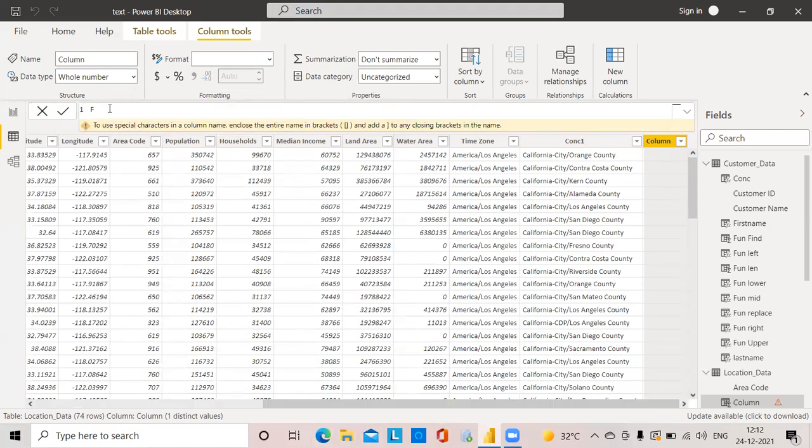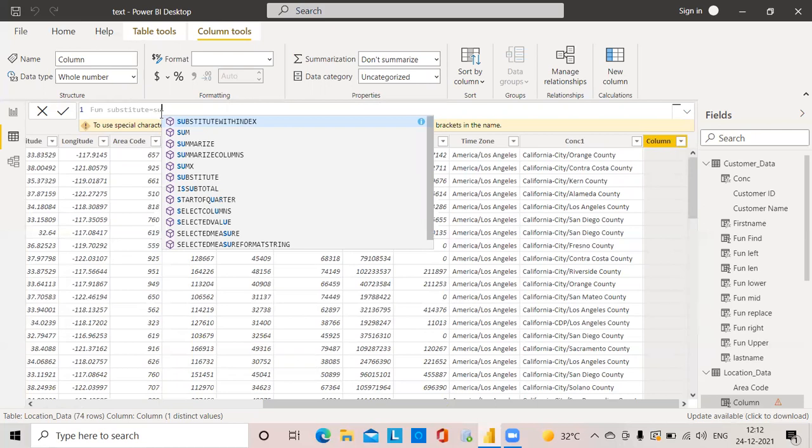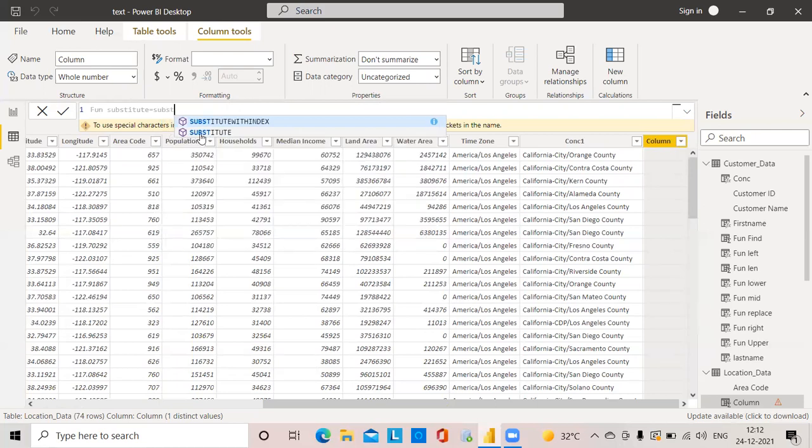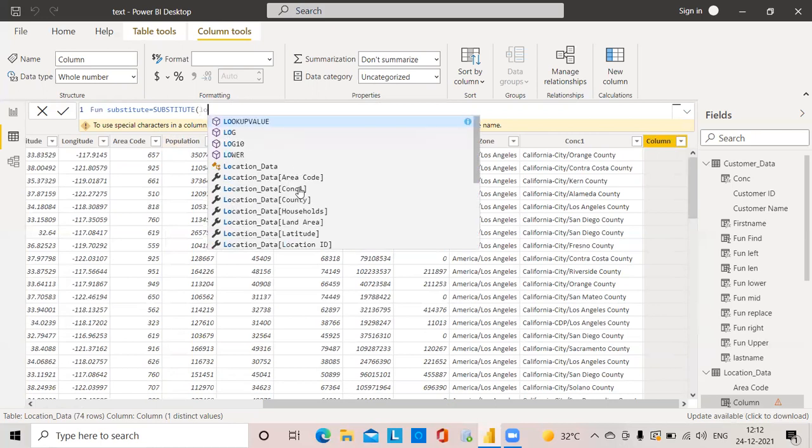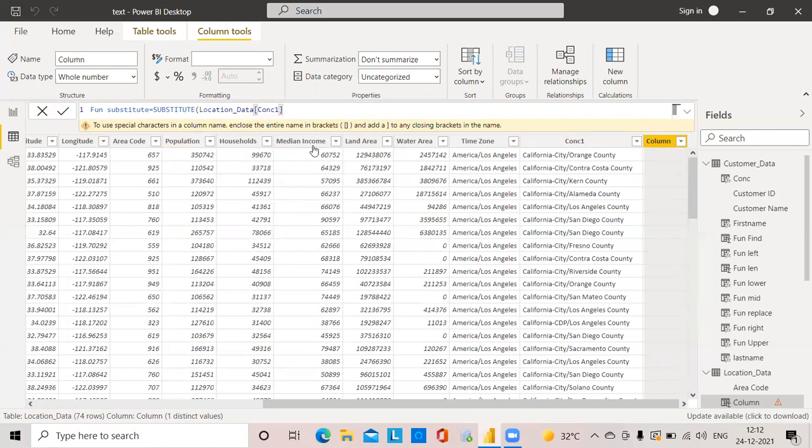Function substitute. Equal to substitute of, I am taking from location data, I will use this column, that is concat 1.